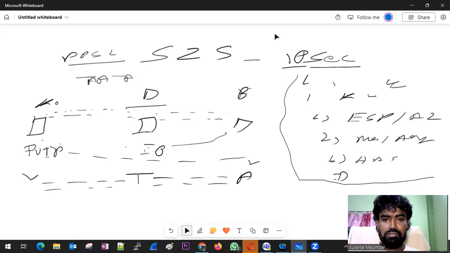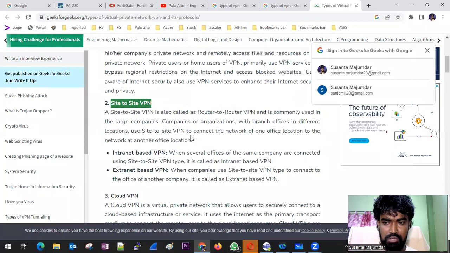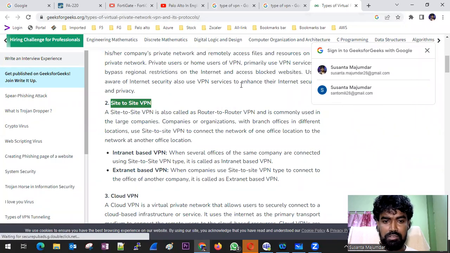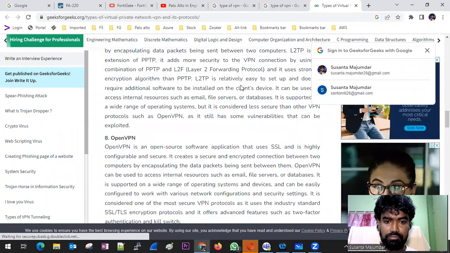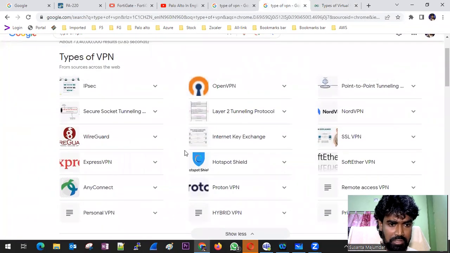This is the basic scenario for the site-to-site VPN and the remote access VPN. This is the site-to-site VPN. You can get it over here as well. It is showing IPsec.